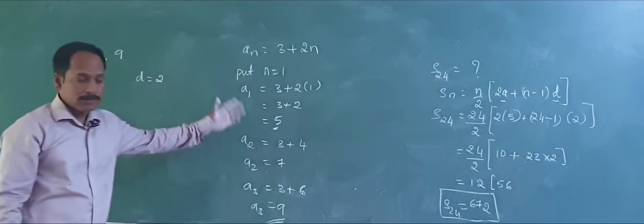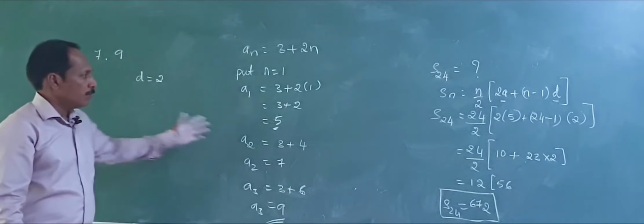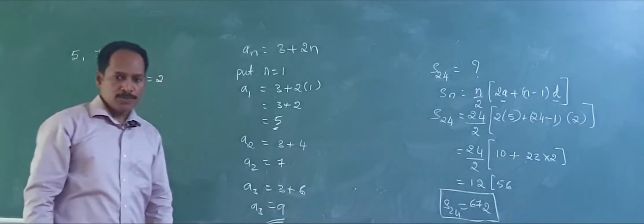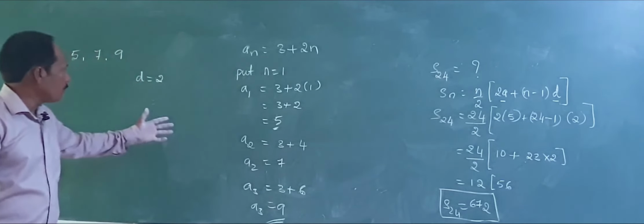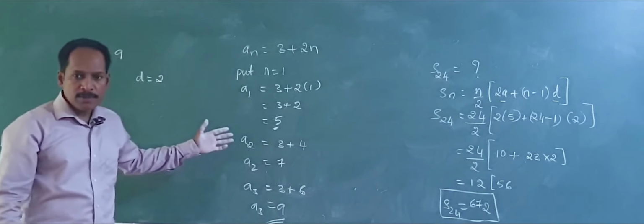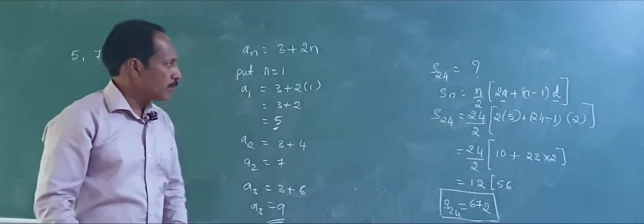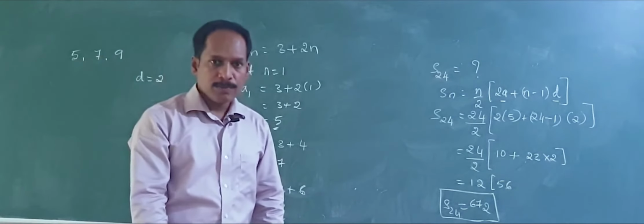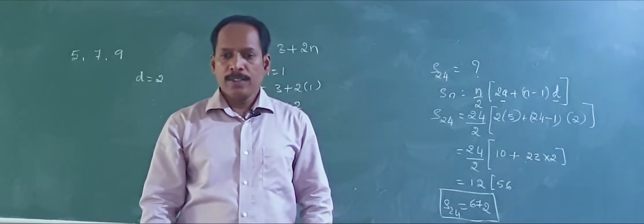So an equation of this form is given. This is one more interesting problem. I think there is no doubt. So given the equation, generate the terms, find the common difference, and then apply the formula here. So we'll get the answer. Very simple one. I think you have understood. So we'll take the next problem.